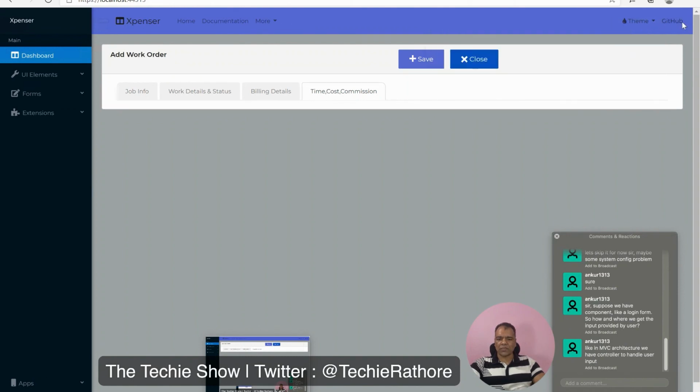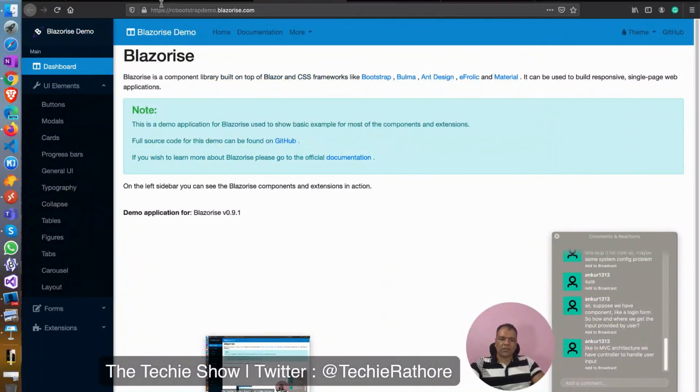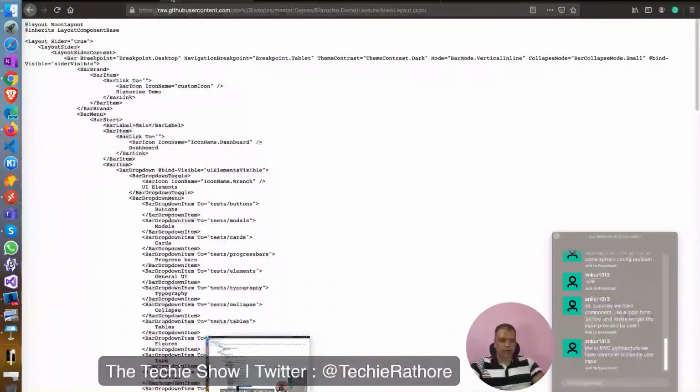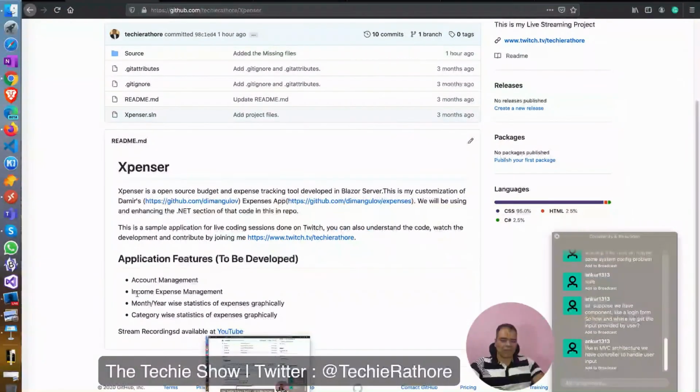I'll remove these things in the next stream. People who are watching this stream, this code is completely open source, so you can try and run this application, Expenser, on your local machine.